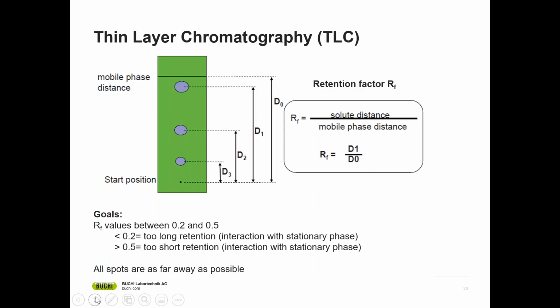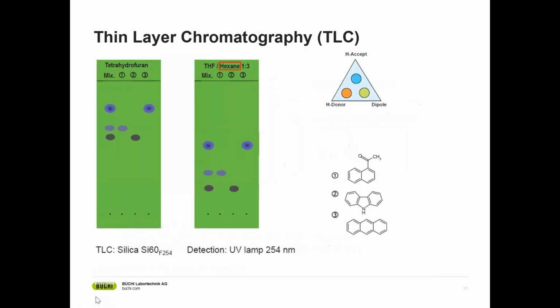Now, to determine the results of the TLC, the following aspects must be understood. The distance of each spot relative to the mobile phase front must be determined. Aim is to have each spot as far away as possible from each other. Moreover, it is important that the spots are all between 0.2 and 0.5 relative to the solvent front. This is a good indication of a suitable interaction with the mobile phase. From the 3 TLC plates,